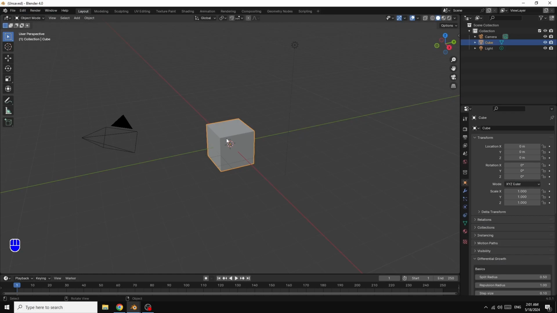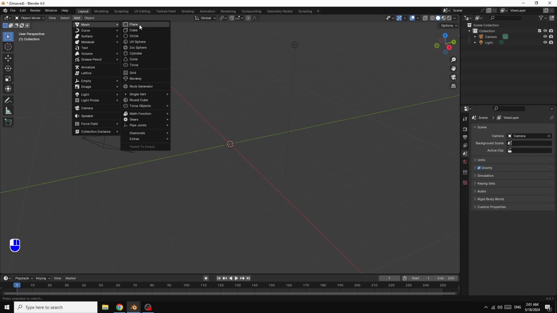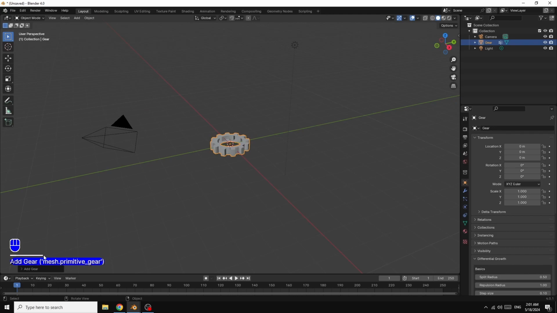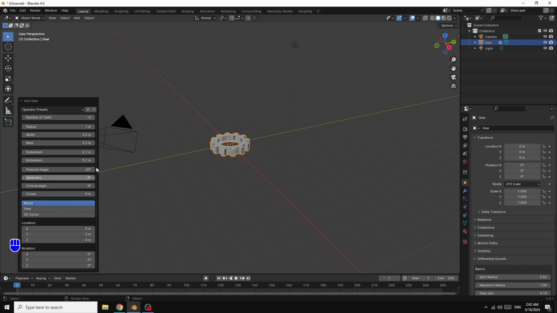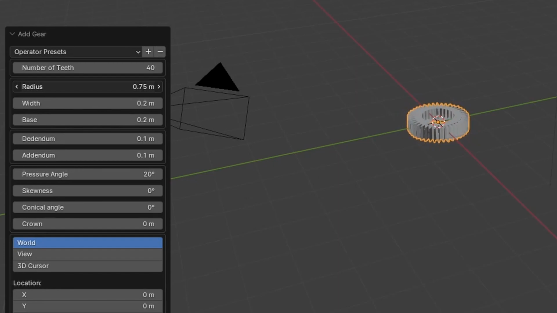First, we select the cube, delete. Now go here and add in mesh. We select gear. As you can see, we have a little window here. Open it. I increase the number here maybe to 40, like this. I decrease the radius